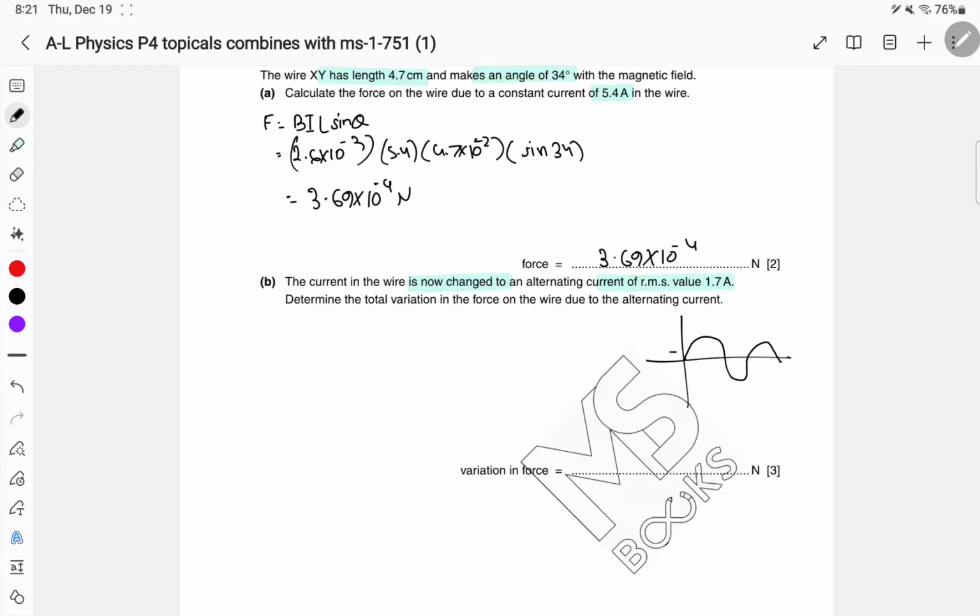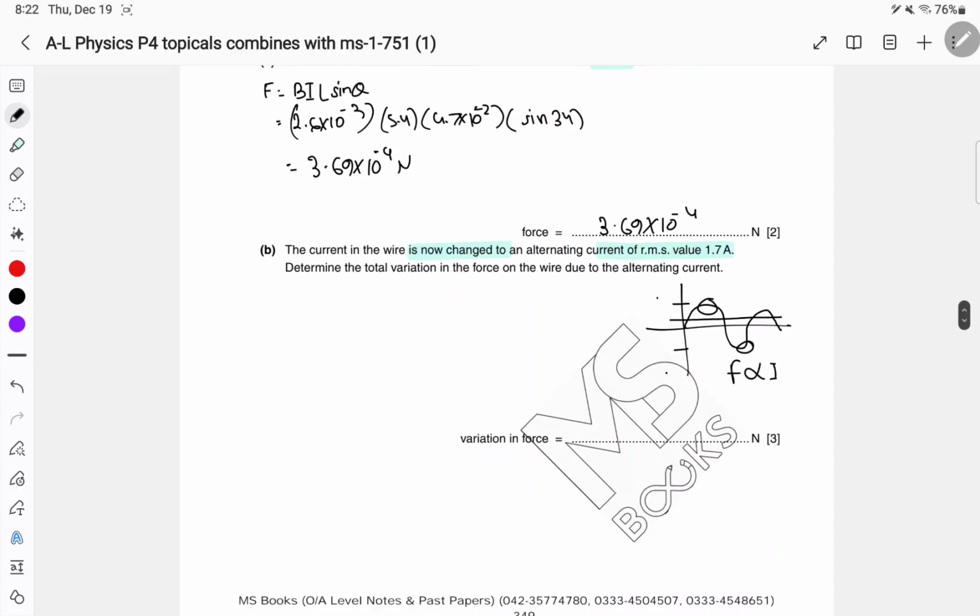the root mean squared value is supposedly like this, so it will have peak values, and due to the peak values the force will alter because force is proportional to the current. Over here we'll take the peak values because it will vary between these values. So we can write,